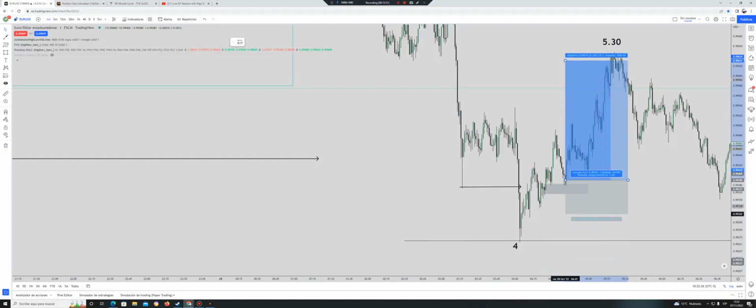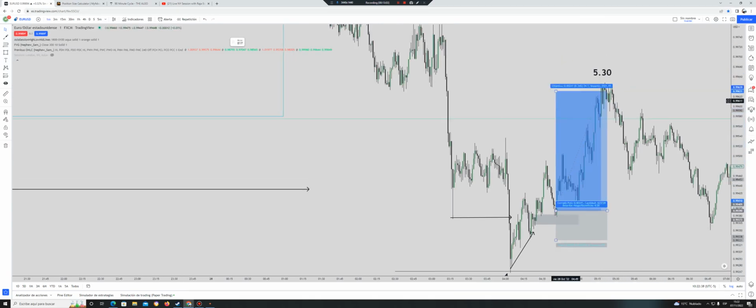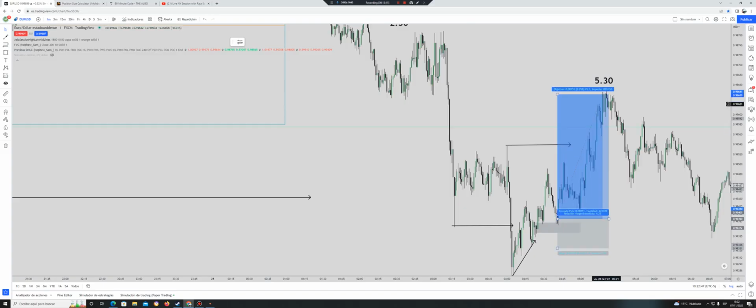Imagine you put your stop loss below this low, because all of this is mitigated. So if price goes to this low, you won't be interested anymore. You put your stop loss there, and when you're taking partials, you can take partial here at this high, and you can finally take partials between